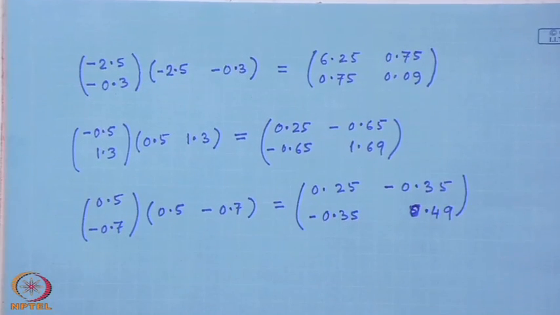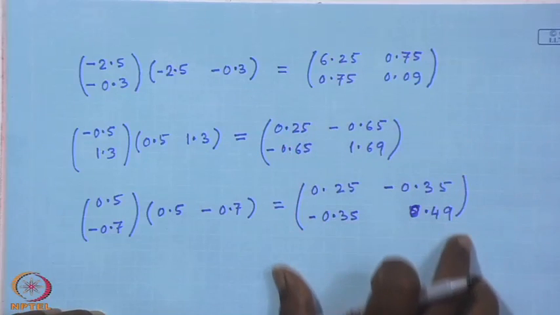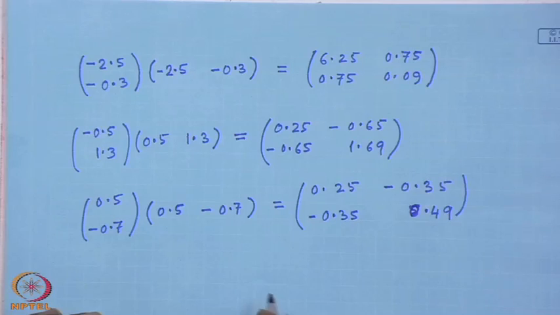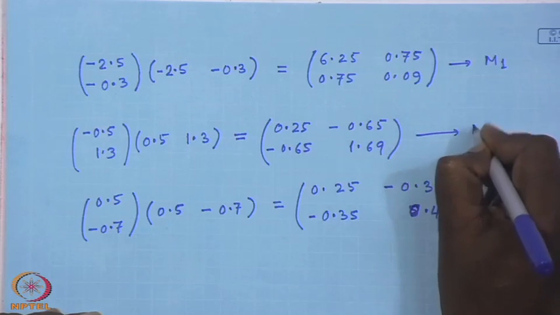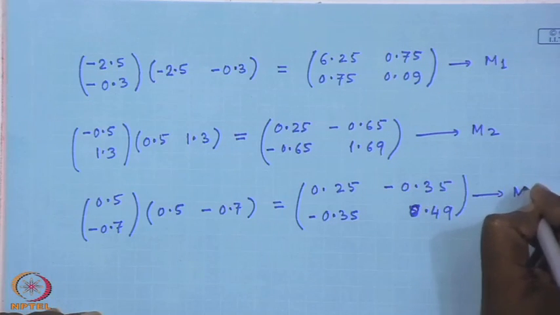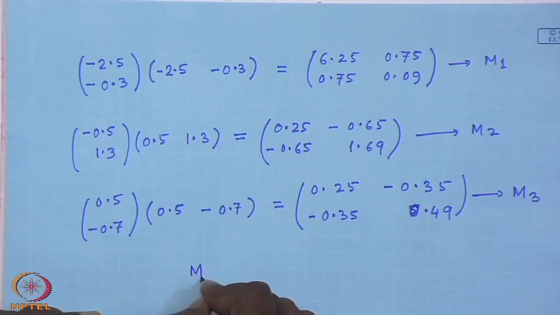So, this is my third matrix, and this way I can compute all the matrices. Once I have said how to compute individual matrices x minus mu into x minus mu transpose, this can be done for all the vectors x minus mu, and I can get similar such matrices. So, as I have 10 different vectors, I will have 10 such matrices. So, let us put those 10 matrices one by one. So, this is my matrix M1, this is my matrix M2, this is my matrix M3. Similarly, M4 with the fourth vector,